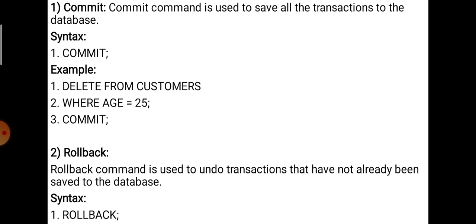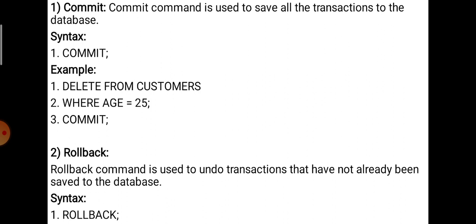Okay, so this is a SQL statement which is going to execute some function, and it will save the changes made by this statement. It is going to delete a record which has the age as 25 from the customers table, and then the changes will be saved using the statement commit.